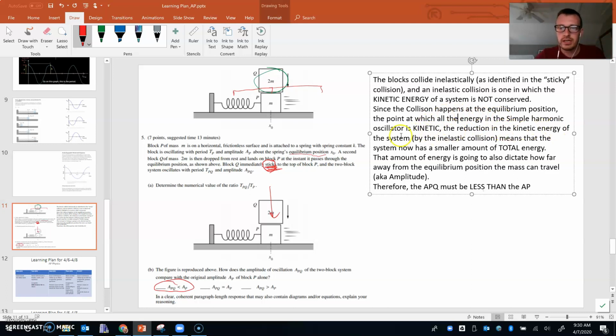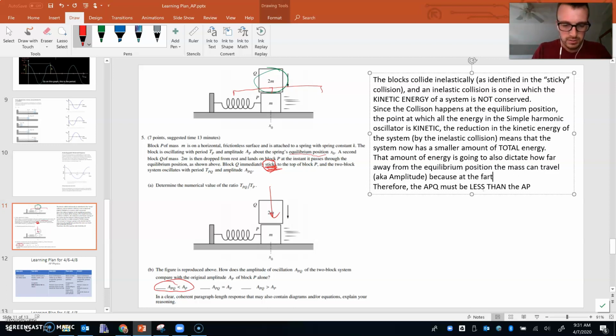The reduction in the kinetic energy of the system by the inelastic collision means that the system now has a smaller amount of total energy. That amount of energy is going to also dictate how far away from the equilibrium position the mass can travel, aka amplitude. I'll add this because there's an equation on our equation sheet that helps us out with that. Well, we don't need the equation sheet. All right, we could say because